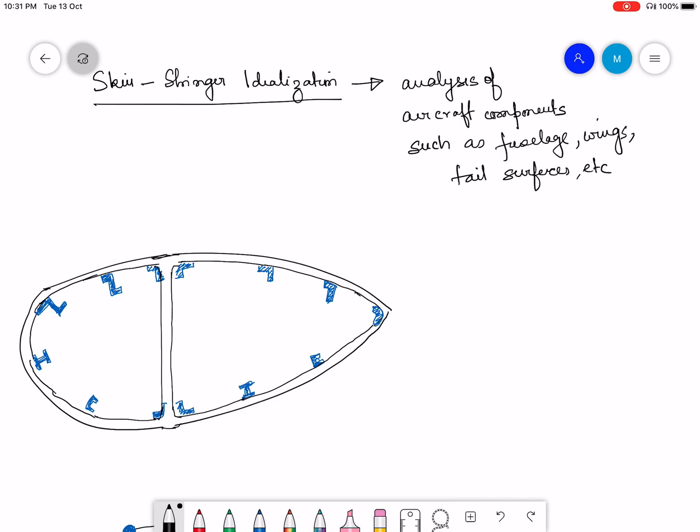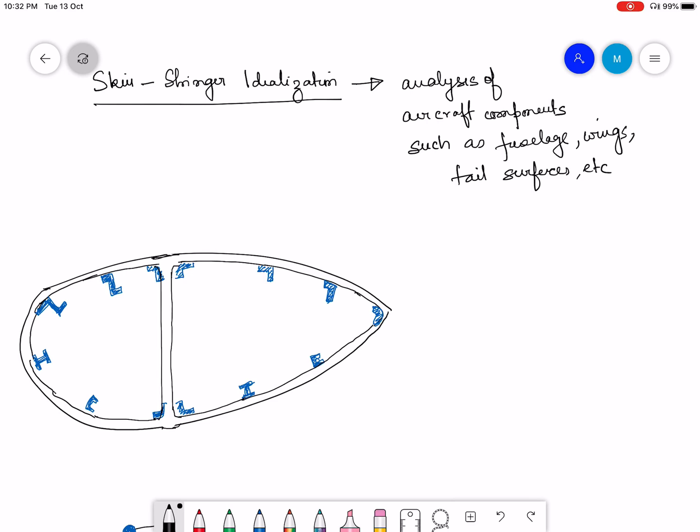Now we are going to extend what we have understood, going a step forward and trying to analyze aircraft components like fuselage, wing, tail surfaces, and other components. The skin-stringer idealization that I am going to talk about today is a step towards analyzing such structures. The picture that I have drawn is the schematic of, say, a wing surface, a wing cross section,